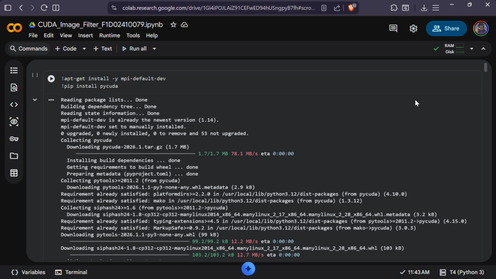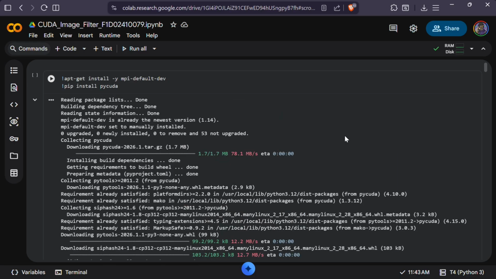This project applies image filters using CUDA, running on the GPU instead of the CPU, and proves that the GPU is significantly faster. Here I want to use Gaussian blur using a CUDA kernel and Sobel edge detection. Later we are going to compare the GPU and CPU speed or time.